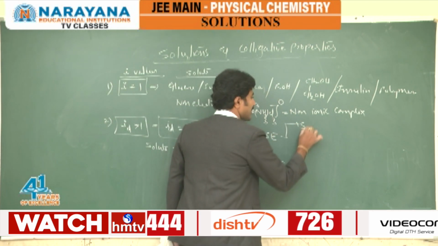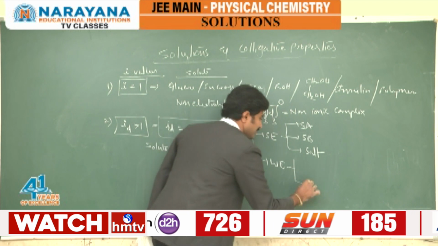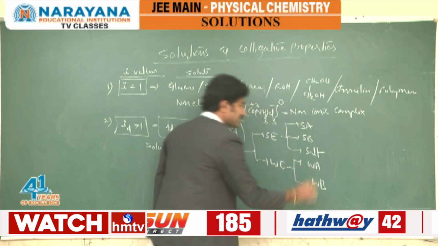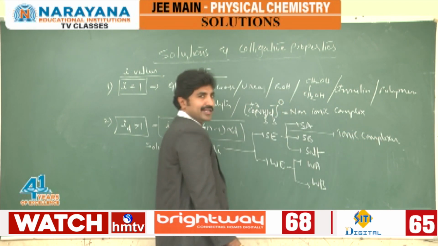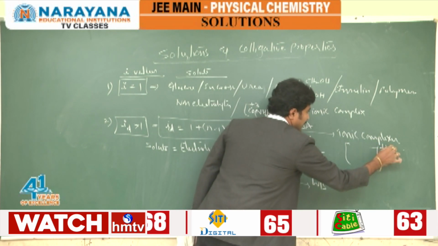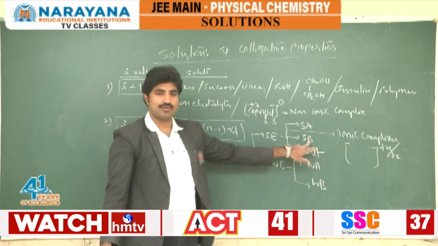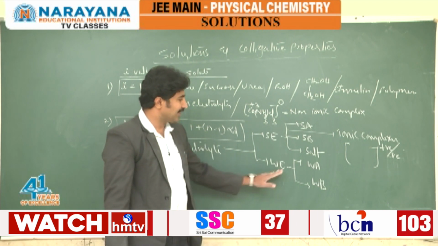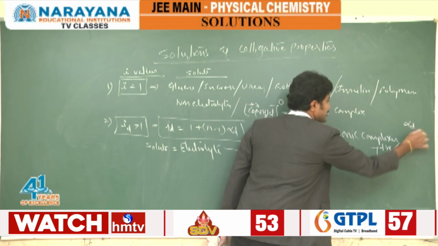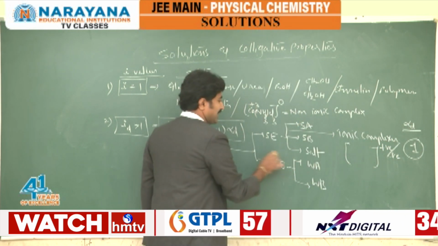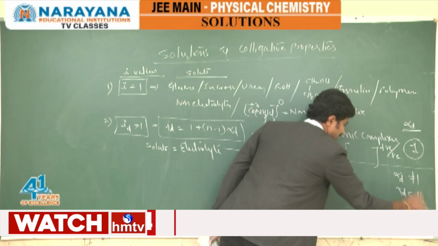Strong electrolytes are the strong acids, strong bases and any salt, and weak electrolytes are the weak acids and weak bases. In strong electrolytes we can take the ionic complexes also. What are ionic complexes? The square bracket part carrying some charge, either positive or negative. Now, in the strong electrolyte case, alpha dissociation is 1, whereas in the weak electrolyte case, alpha dissociation is less than 1.